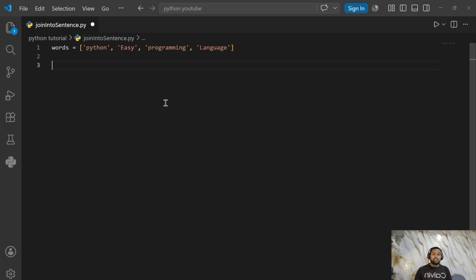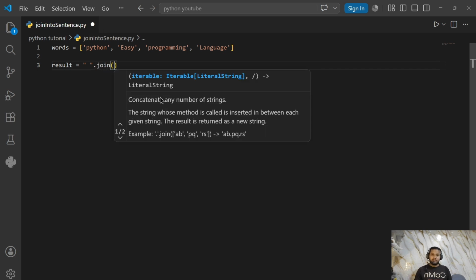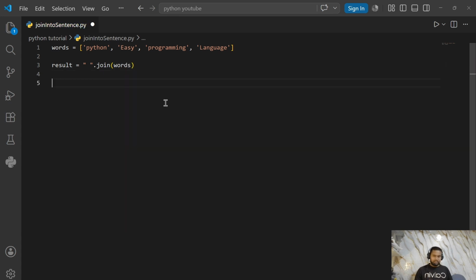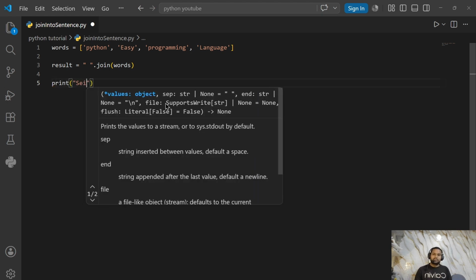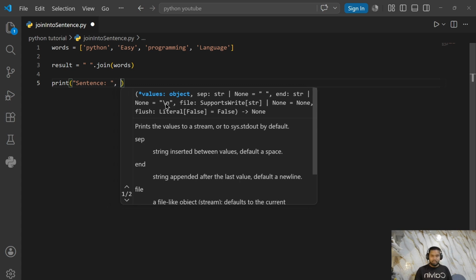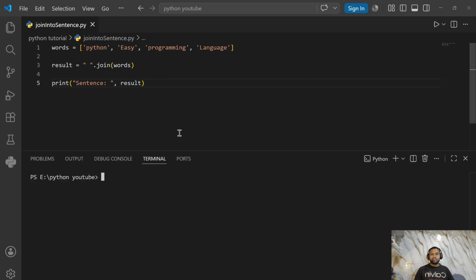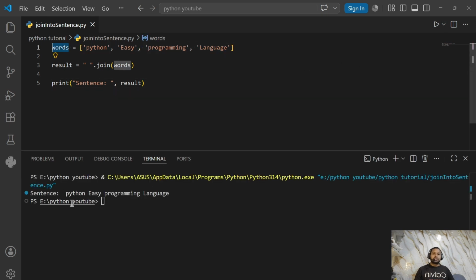So how to do this? We take result and double quote with join method, join built-in function, and write here words. So it will join all words into sentence. Then you can print sentence colon comma result. When you try to run this, it will automatically convert your words into sentence. This sentence, Python is a programming language. Okay, so this is our